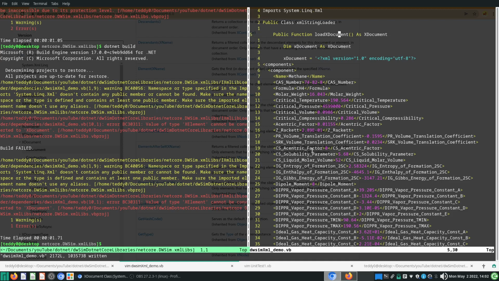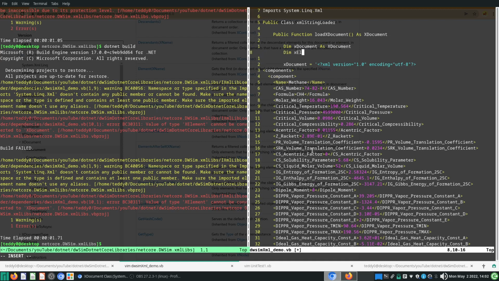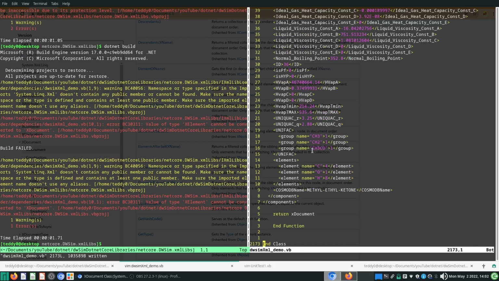So instead of this as XDocument, this has become XElement. So dim XL as XElement. We'll just follow the type, right? This thing becomes XL, and then we'll go to the bottom. Okay, and then we'll say